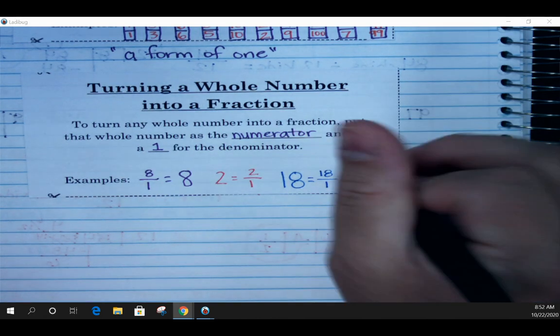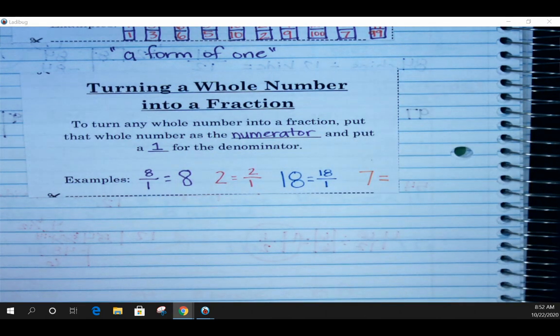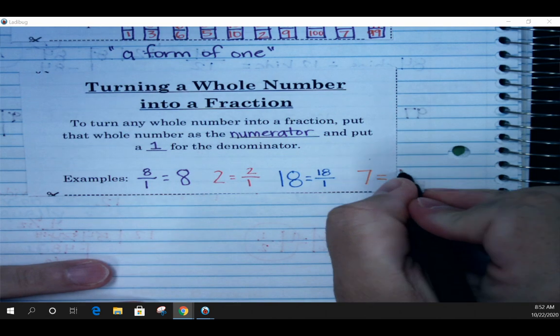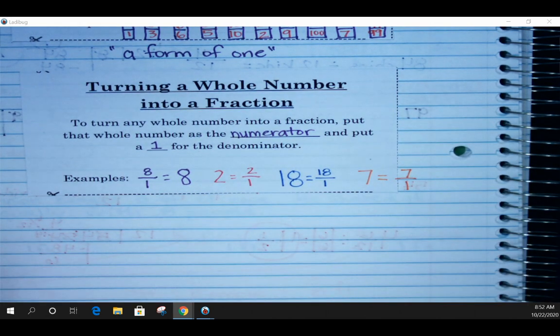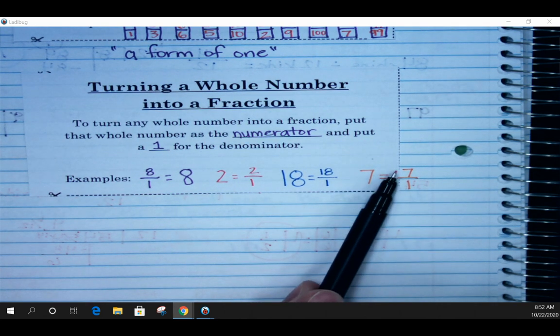What if I wanted 7? Talk to your neighbor about how to make 7 into a fraction. And I want to hear you explain it. Okay, 7 over 1 because the line means divided, so it really is 7